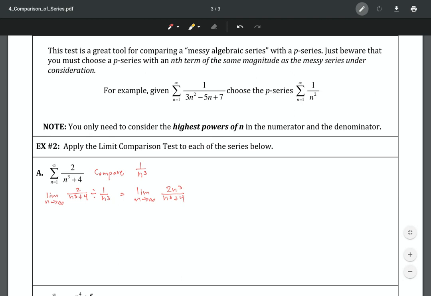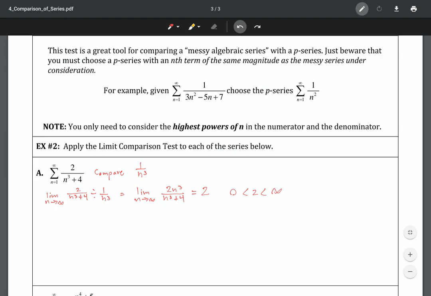Now remember that I could divide each term by n cubed, and that would give me 2, or in this case, I can use the horizontal asymptote method. But long story short, the limit is 2, okay? So let me read this now. Because that number that I just found is between 0 and infinity, then by the limit comparison test,